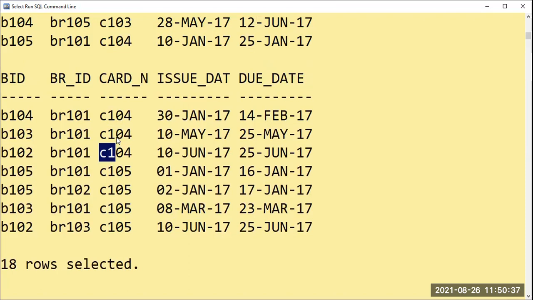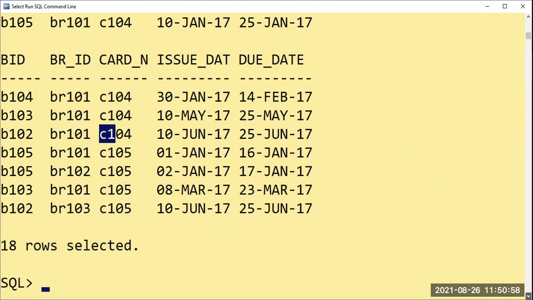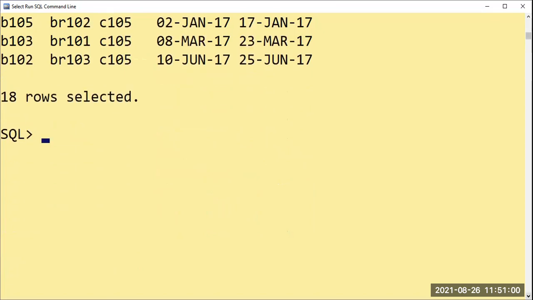But still one more condition is there, that should be between January 2017 to June 2017 here. Count should be applied for the card number, and between should be applied for the dates, that is the issue date. Okay, I will proceed with the query. We'll work it out very slowly, not in a hurry. Only one table we are going to use. No two tables, no matching, nothing.